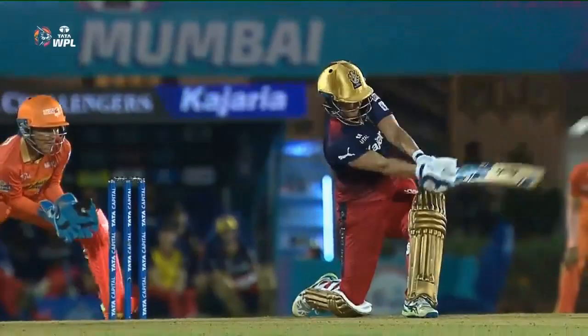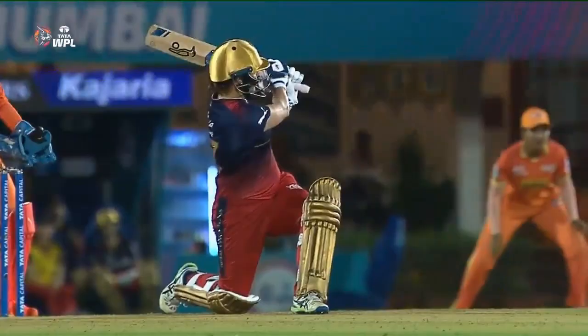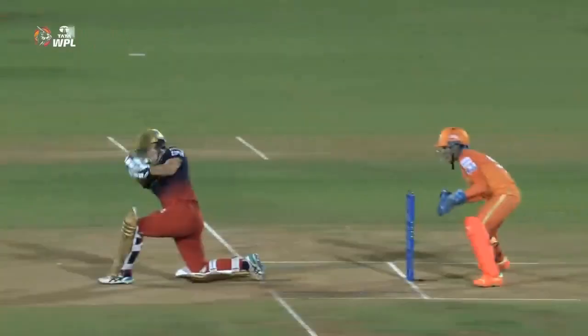9.3. Shreyanka to Perry, 4, full in the block hole. This would have been a tough ball to face first up but Ellyse Perry nonchalantly charges out and drills her drive over the bowler's head for a boundary. 10.1. Ashwini Kumari to Devine, 6, nice half volley onto off. Not the ball you need to be bowling to a batter in murderous form. Heaved over deep mid-wicket for a